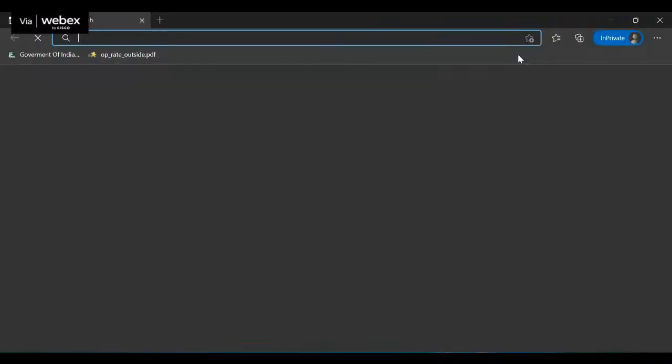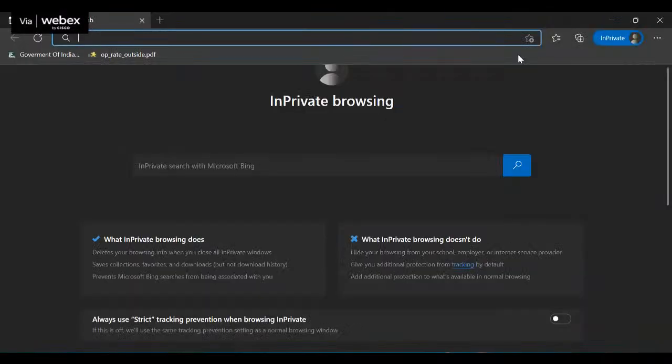So what will happen with a new private window? In some browsers it is called a private window, and in some browsers it is called an incognito window. Incognito means no one knows what you are doing or where you are. That's the privacy. This kind of browsing will protect your privacy. I was not talking about security, I'm talking only about privacy. Privacy is also up to your system level.